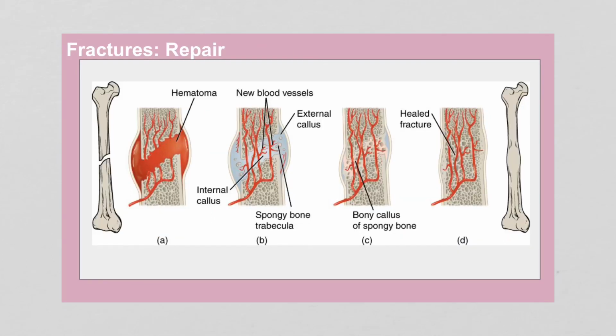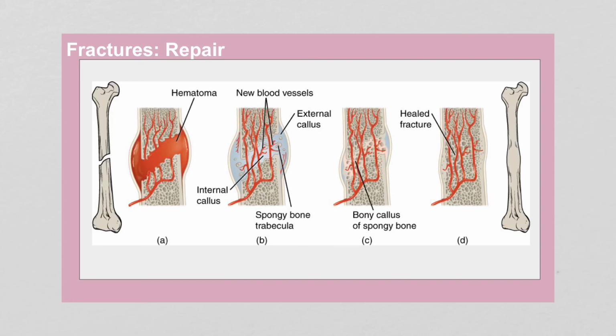Now we're going to look at fracture repair. And so assuming that a fracture has left the bone in alignment, nothing additional needs to be done other than stabilizing that bone so it can repair itself. If a fracture is an open fracture or a compound fracture, that fracture is going to have to be set before the bone starts to heal. So when we're looking at bone repair,